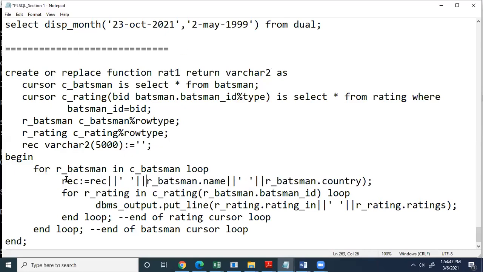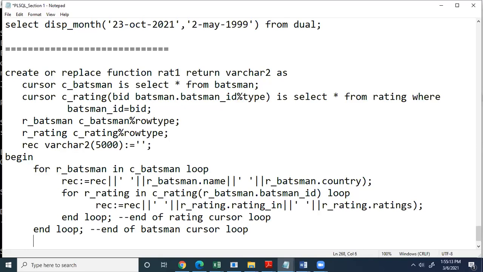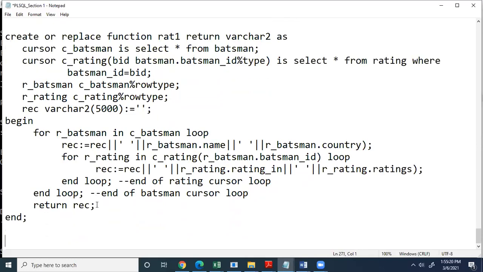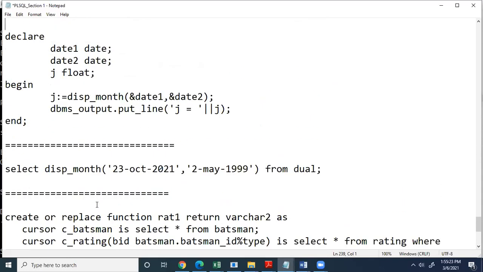So first record will be merged into REC, then it will come into this loop. Again we need to do the same thing. In REC we are going to merge these values. So instead of this we have to specify REC concate all the fields. Fine, we are done with this. At last we'll return the value, and the variable is which variable? REC variable. So we write return REC, and then in the calling block we can display that REC,